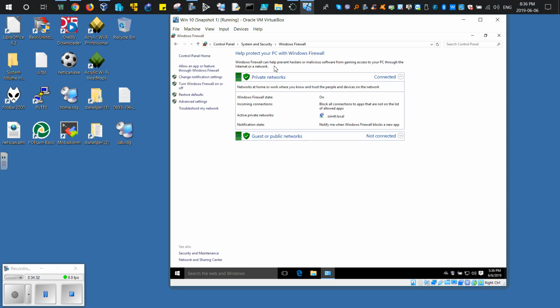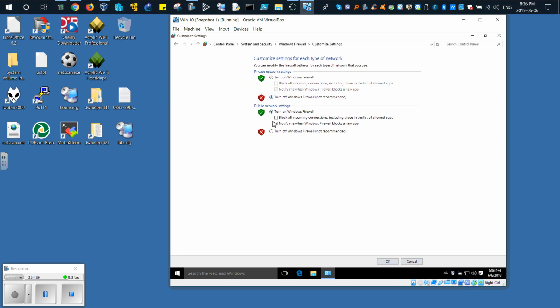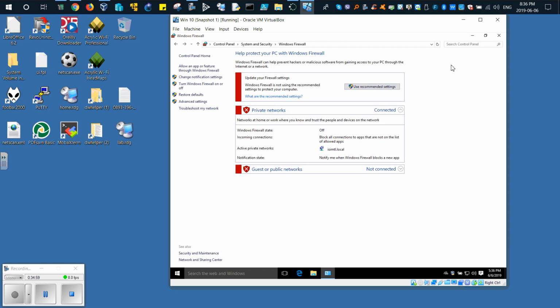This is the program which protects our computer locally from malicious software and malicious people. And we could stop it. So just for our labs, we stopped it, to be sure that we could work without any interruptions. Otherwise, the default one, to be notified if something is supposed to go through the firewall, it's a local firewall, okay? It's a good idea to stay like this. And the fourth place, which I'm going to show very briefly,